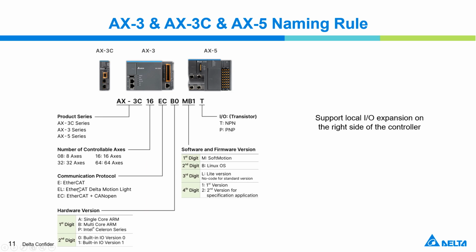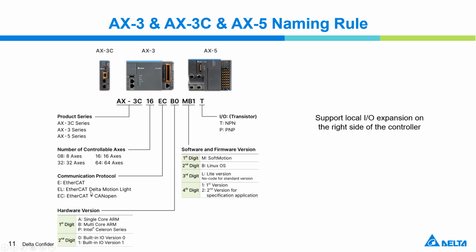And next is the communication protocol. It can support standard EtherCAT, EtherCAT data motion light, and CANopen. Like here, the AX5, you can see that it has four ports. One is EtherCAT, one is EIP, one is for CANopen, and